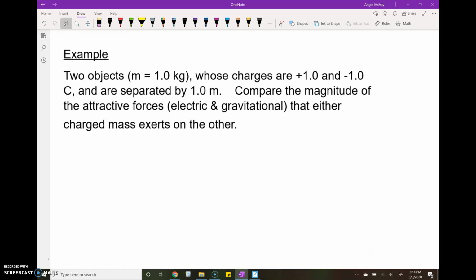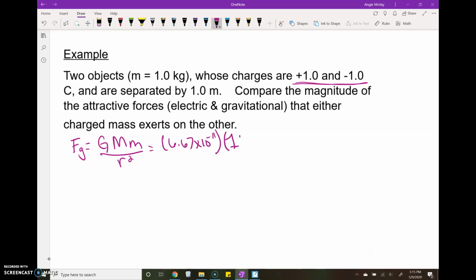I want to compare the magnitude of the attractive forces, electric and gravitational. We know that they'll be attractive because gravitational forces are always attractive, and we also know that our objects have opposite charges, and opposite charges attract. All right, so let's calculate the gravitational force first. So big G m1 m2 over r squared, 6.67 times 10 to the minus 11 times 1 kilogram times 1 kilogram